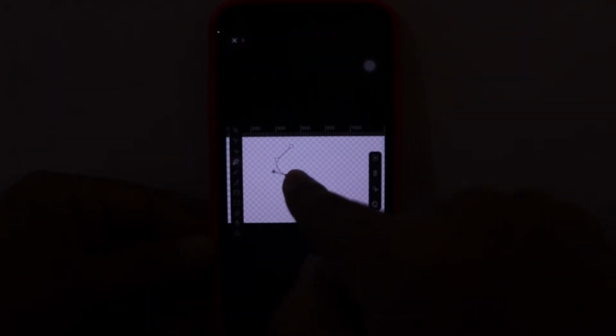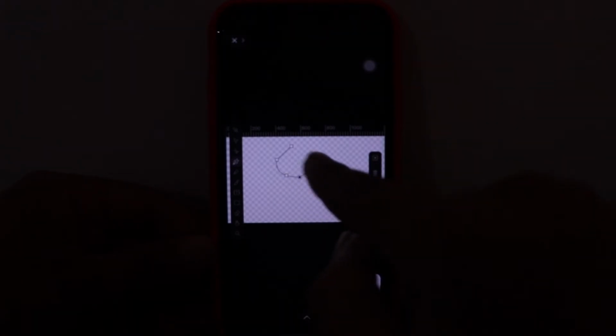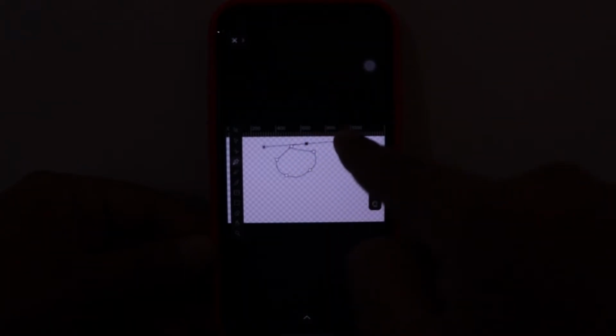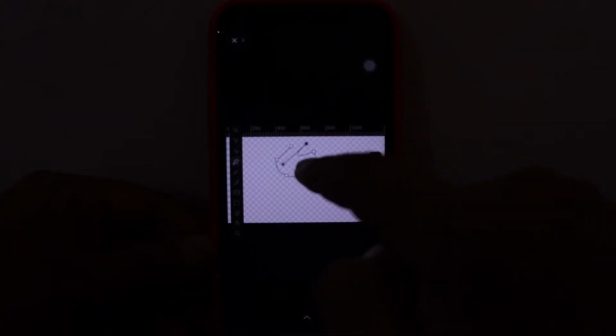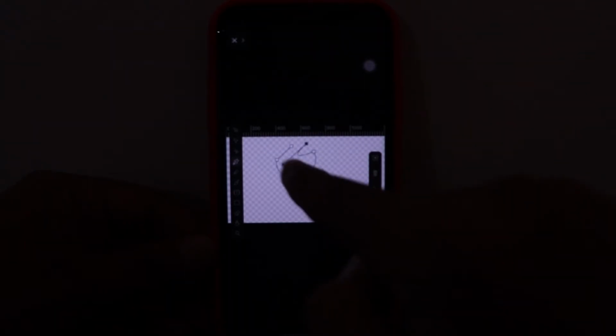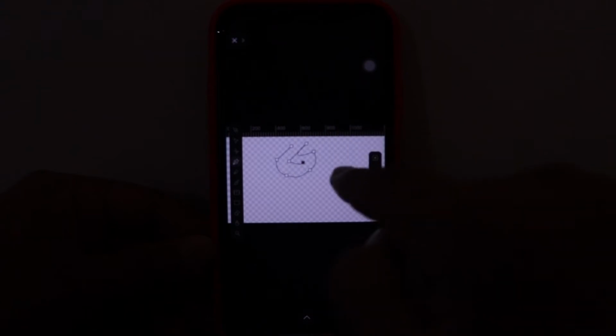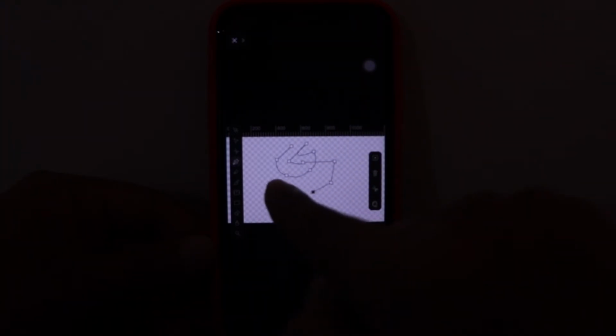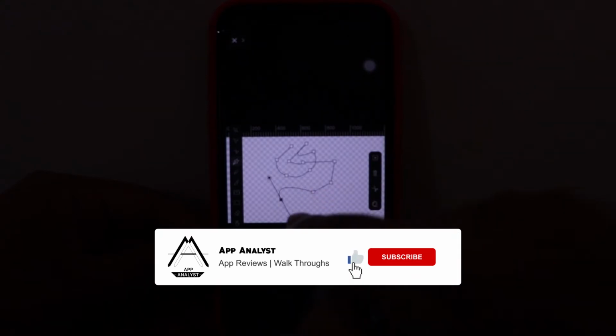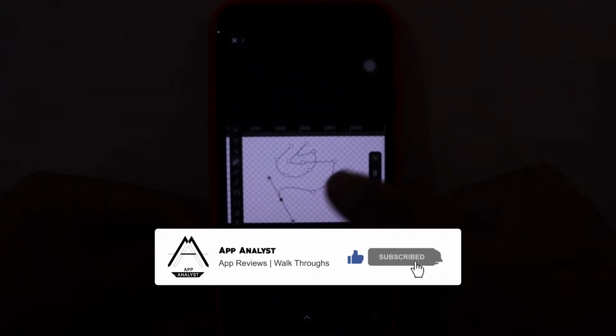We have different tools here: a regular selection tool, a cut tool, a pen tool. The pen tool is the most useful tool wherein you can draw different shapes. For example, if you want to draw a face, a circle, so here you go. If you click normally, it joins, and if you click and hold, as you can see, a curve is generated. This is how you can draw different shapes. You can create curves, and then you have the option to fill it as well.